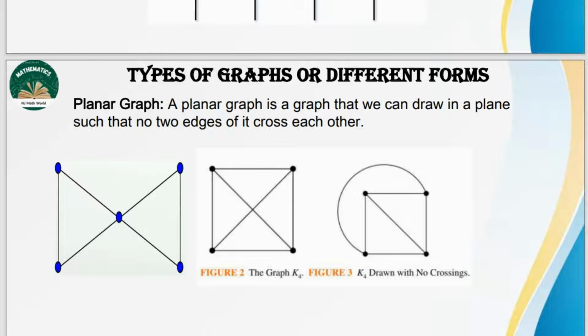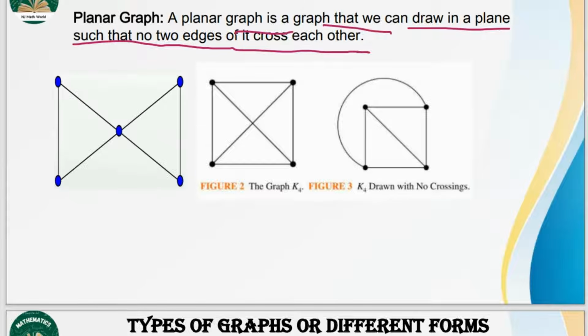Then you have the planar graph. What is a planar graph? A planar graph is a graph that we can draw in a plane such that no two edges of it cross each other. So no edges should cross each other. If it is crossing, it is not a planar graph. For example, here there is an edge which is meeting to this point. So what we can do is we can draw this as